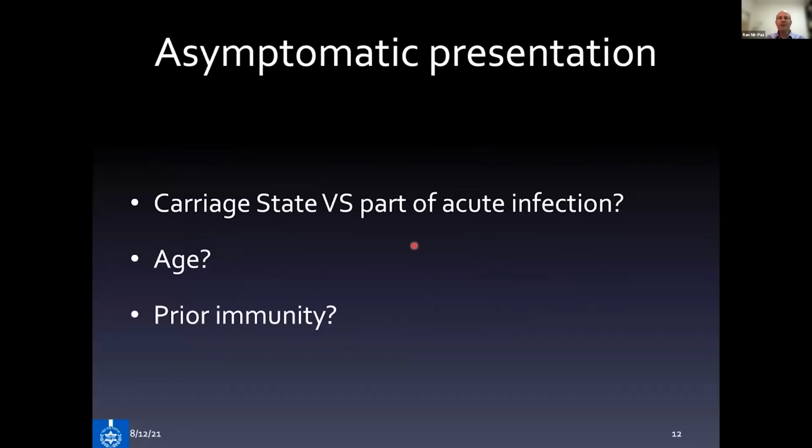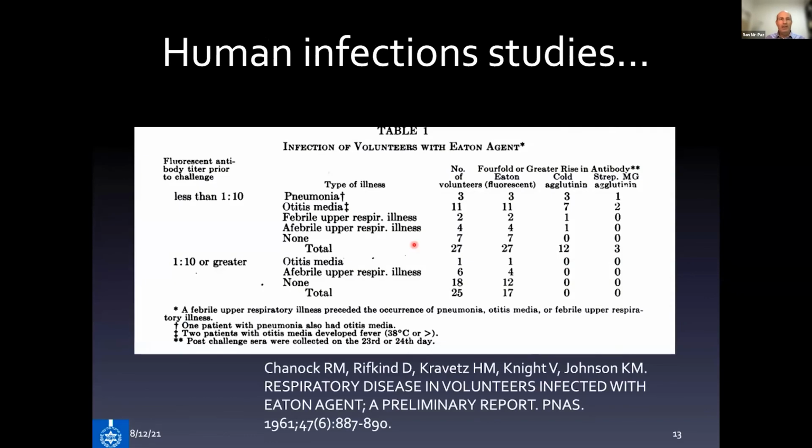There's a question: when and at what age should asymptomatic presentation occur, and whether it relates to prior immunity. And I will take as an example an unethical study published in 1961 in PNAS. The researchers, who are giants of